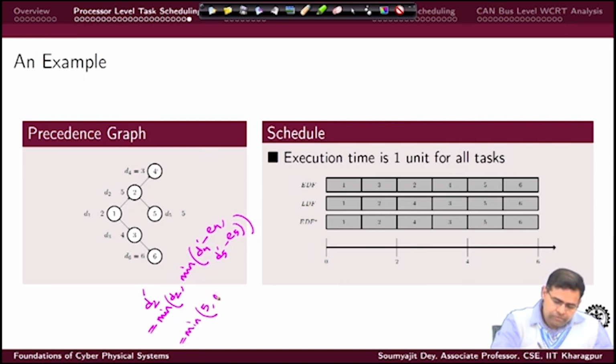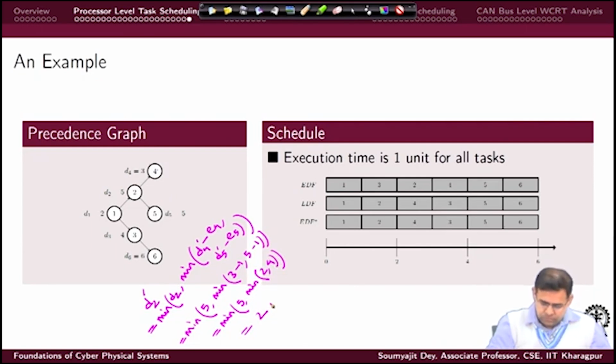So, D2 is 5, so that makes this one to be 2,